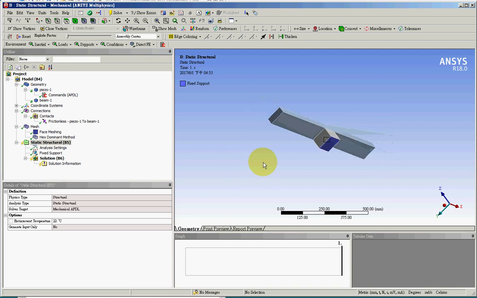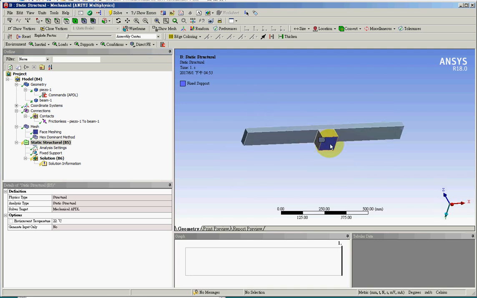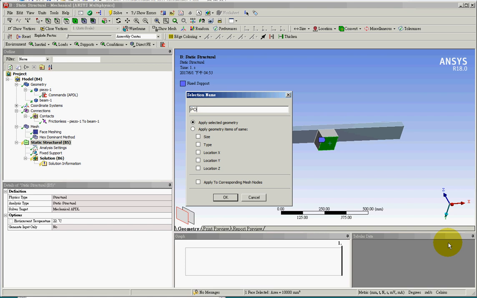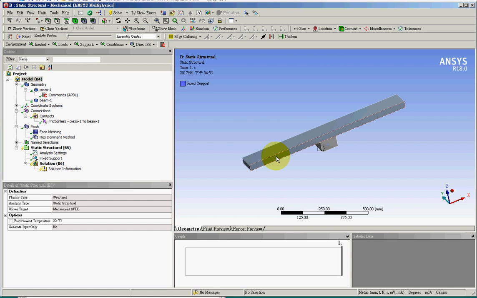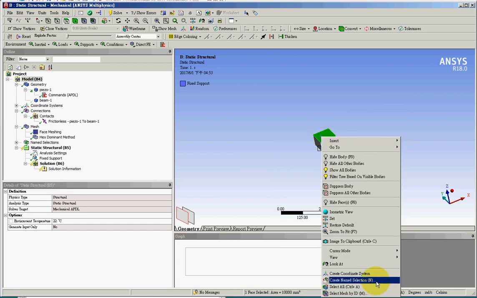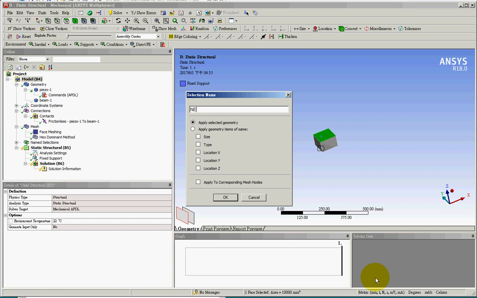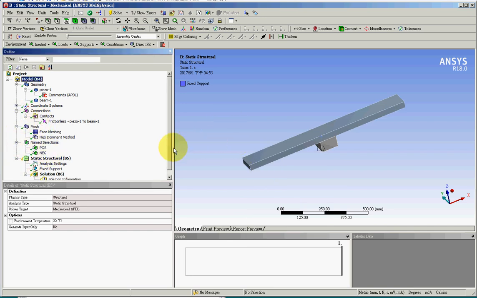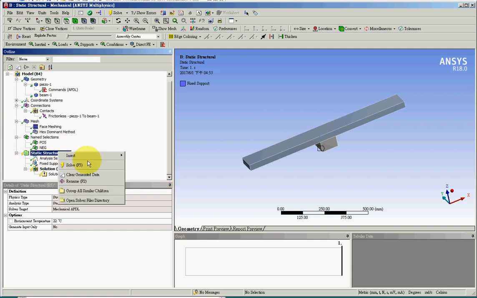So I first define the electrodes. This is the positive electrode. So I'll create name selection as positive electrode. And then I'll hide this volume and define this surface to be negative electrode. So I create two name selections,